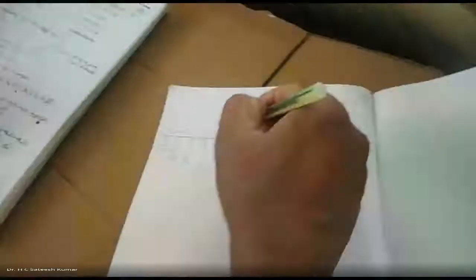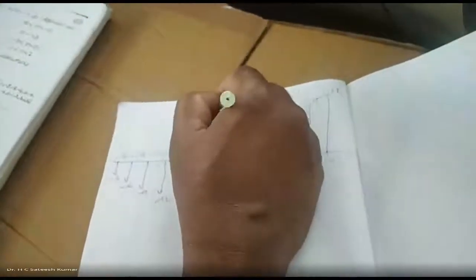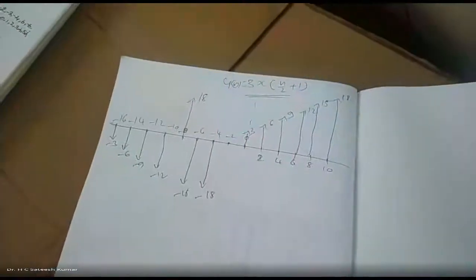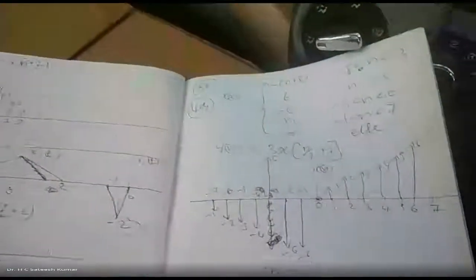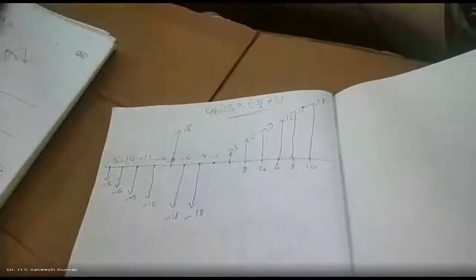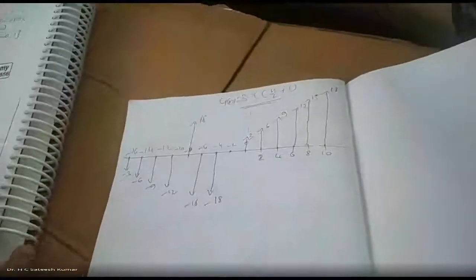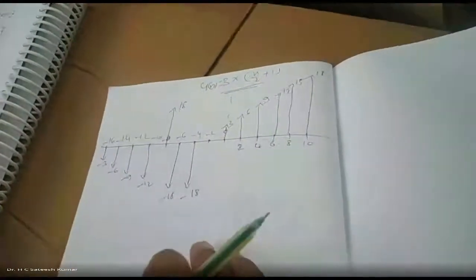Yeah, that's it. So this is the problem we have seen. We call this y of n. This was asked for 4 marks. Okay. It looks a little bit lengthy, but it is not a problem. It is a 4 marks problem that we have seen in the exam, right? We can do it with the sequence method. I did it in my notes; you can check it out. But I think that is confusing. This is better. Whichever method you feel is easy, you do it. But I feel this graphical method is better. I did it in sequence method in my notes, and here I did it in graphical method. You can use any of them.